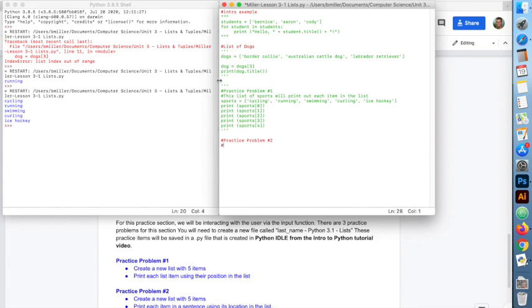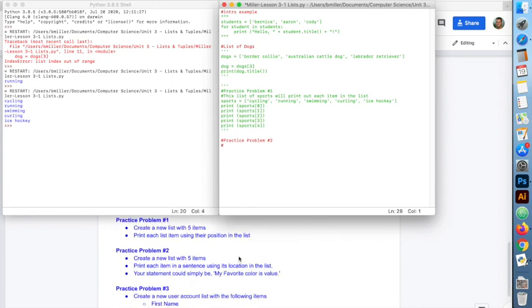And this one is going to create a list, print each item in a sentence using the location of the list. So your statement could simply be, my favorite color is whatever value is in the list. So this one is going to be called a list, and use each item in a sentence. And so this is going to be called favorites